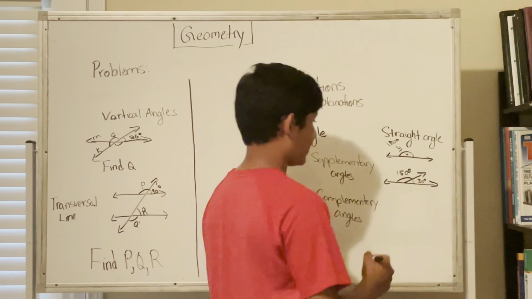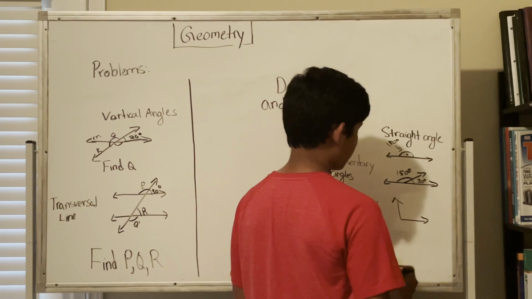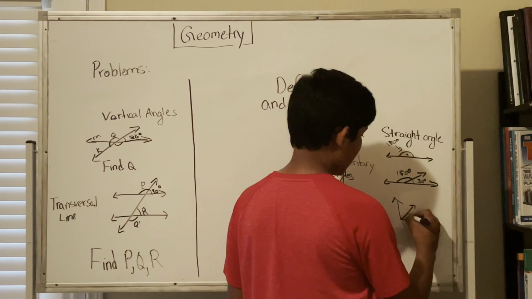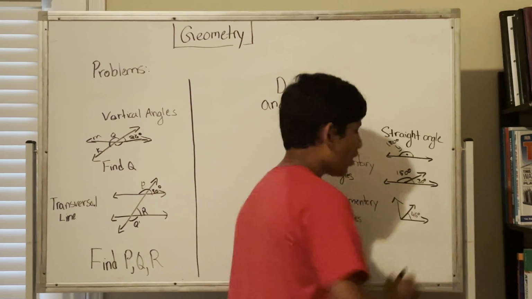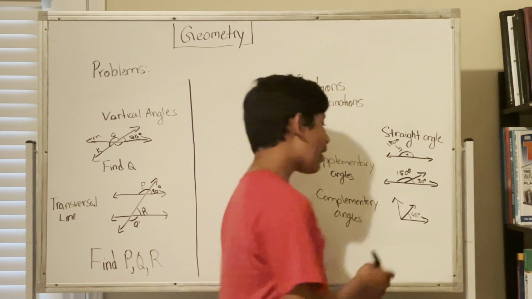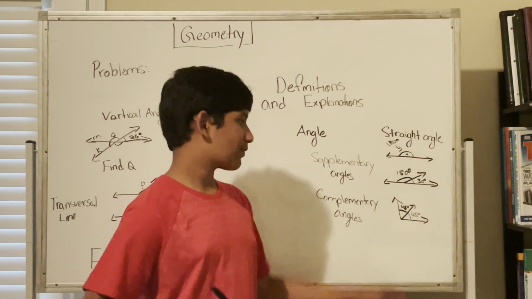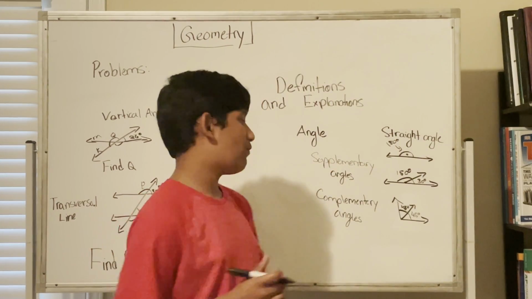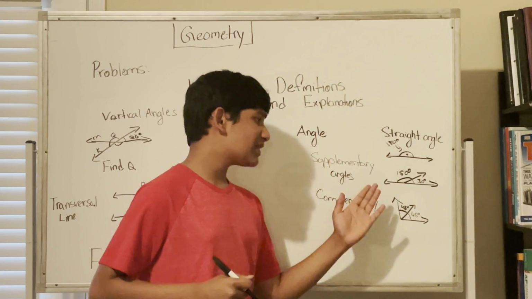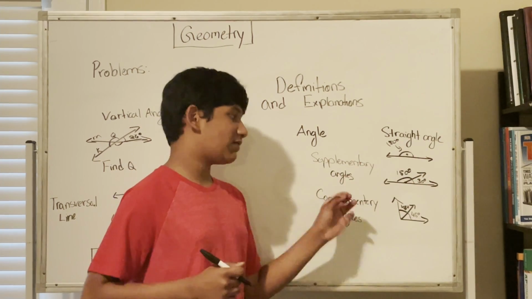Now what about complementary angles? Well, complementary angles deal with 90-degree angles. So say we have something like this, and one of the angles is 45 degrees. Well, what, when added to 45 degrees, gives us 90 degrees? Well, it's 45 degrees, because 45 plus 45 is equal to 90. Okay, so the complement of 45 degrees is 45 degrees. Okay, so the supplement of 30 degrees is 150 degrees. The complement of 45 degrees is 45 degrees.